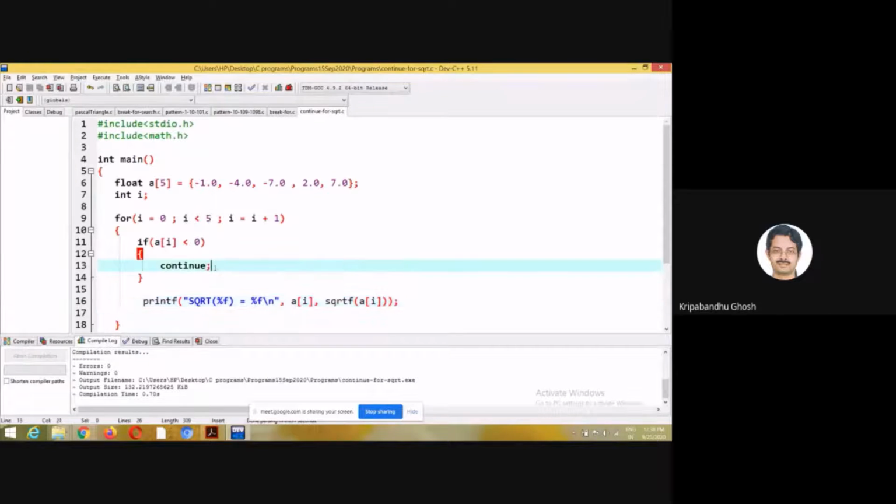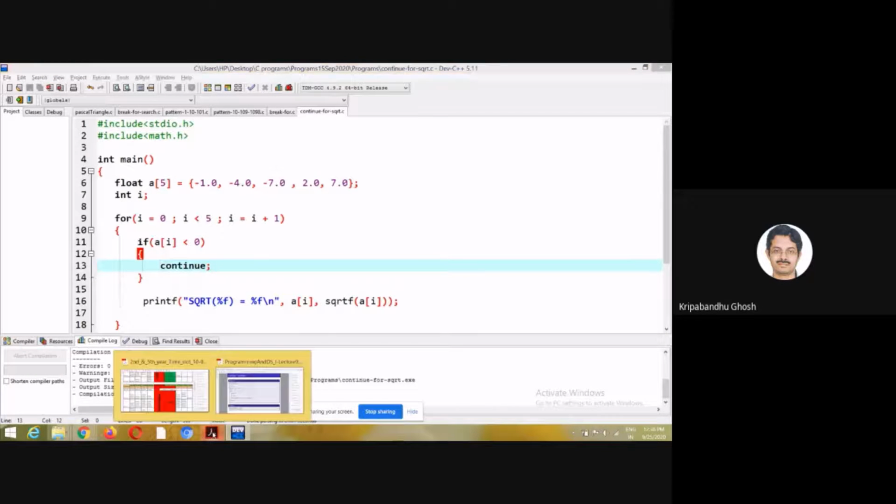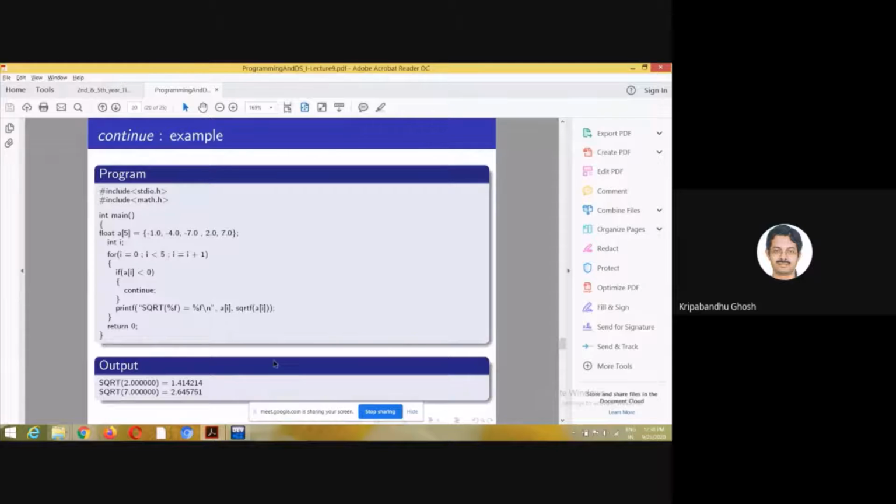You can also check if the number is greater than 0 and only then execute. I have done this just to show you the functionality of continue. There can be occasions where you may need this, so in that case, you should be able to use it.